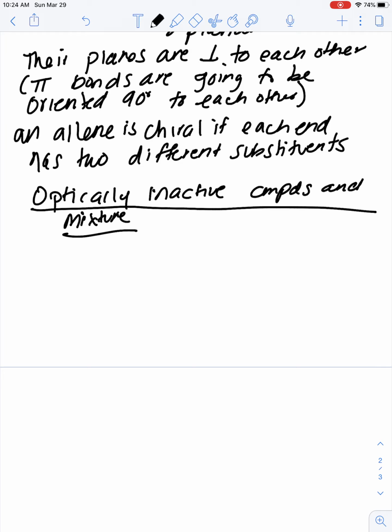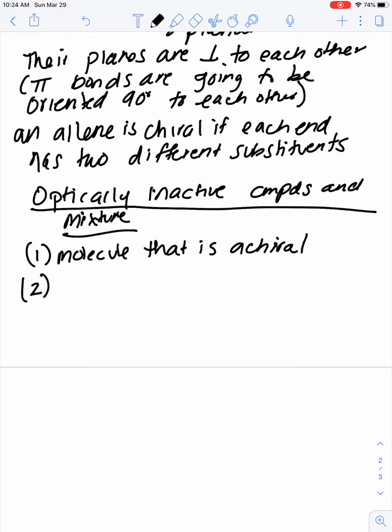So think of the cases where you can imagine that something would be optically inactive. If we have a molecule that is achiral, remember, that means we just have identical mirror images. Another possibility, which we mentioned a little bit in the last lecture, is that the solution